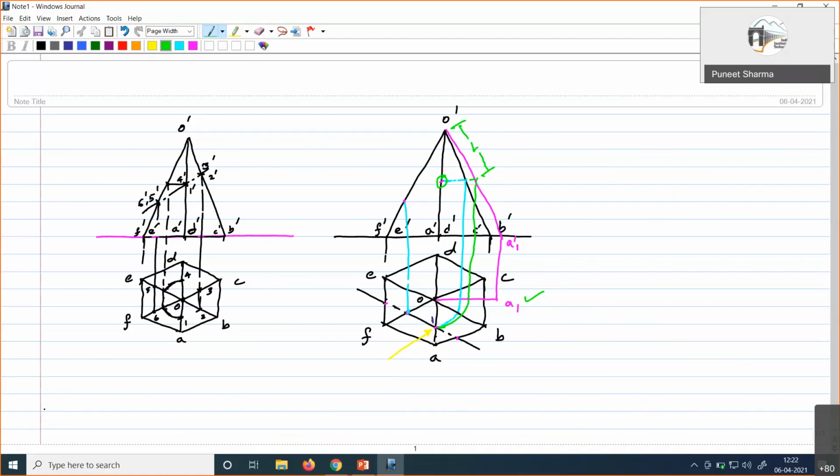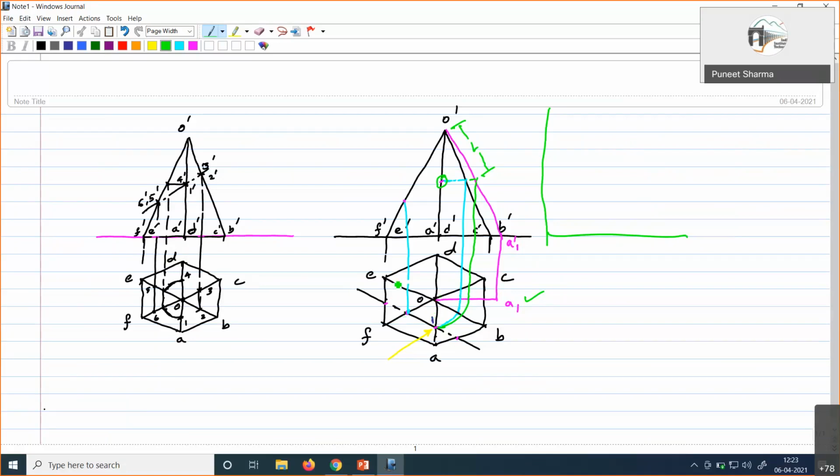I'm doubtful. I guess what you are saying is the side view is something like this, and you're trying to project somewhere here. So you are saying that rather than drawing O dash A dash, you draw the side view. Yes, sir, then it will give it. But this is the easier method that we are doing, so that is why we adopt this.